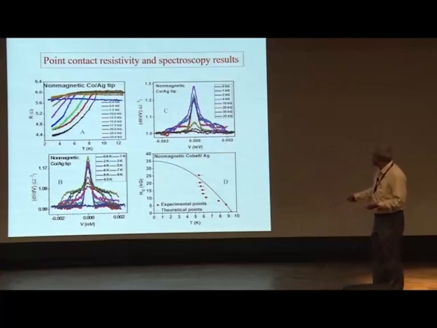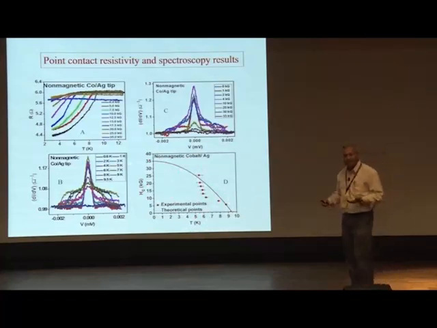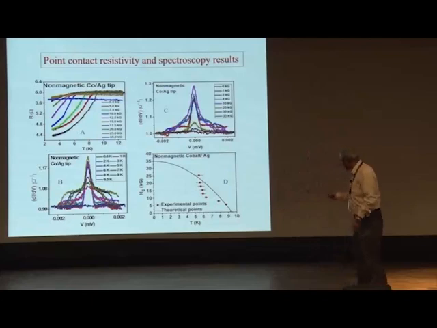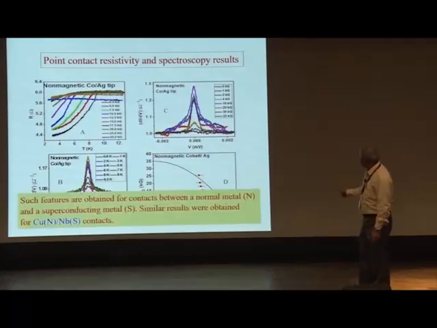Now if you plot this critical field versus temperature, this is the expected parabolic curve that you see, but we notice that the data don't exactly follow this. This is not unexpected, because our material is not a single material. It has different grains with different density distribution. In between the grains, we have normal metal. So you have a lot of complicated systems, and we are not surprised that it doesn't fall on this. But similar results are also obtained with a copper tip and niobium, which is a superconducting material. Similar features are obtained for that.